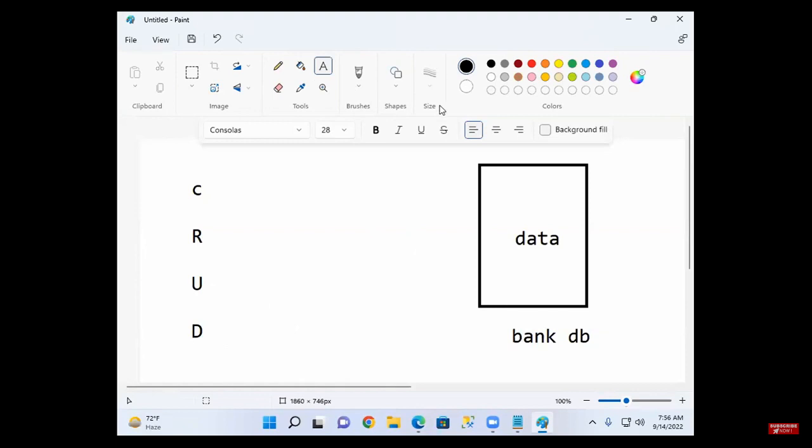Every university maintains a database. A new student joins, so his details are created. The student wants to check the details, then read. The student changes his group, then update. Or the student changes his address or phone number, then update. And the student completes the course, delete. So any database you take, the day-to-day operations are four: create, read, update, delete.